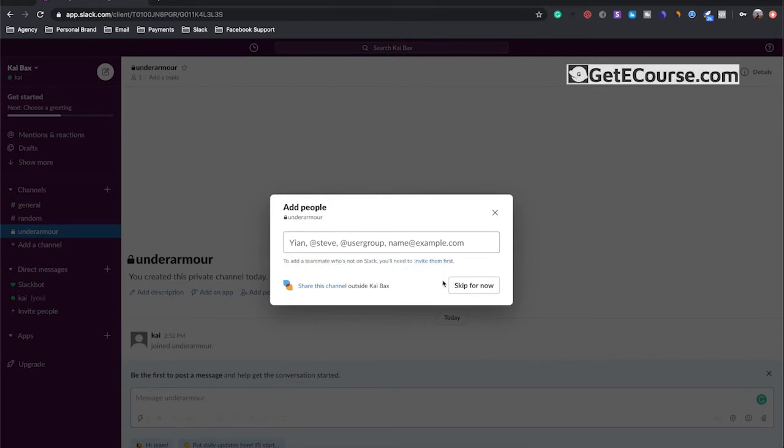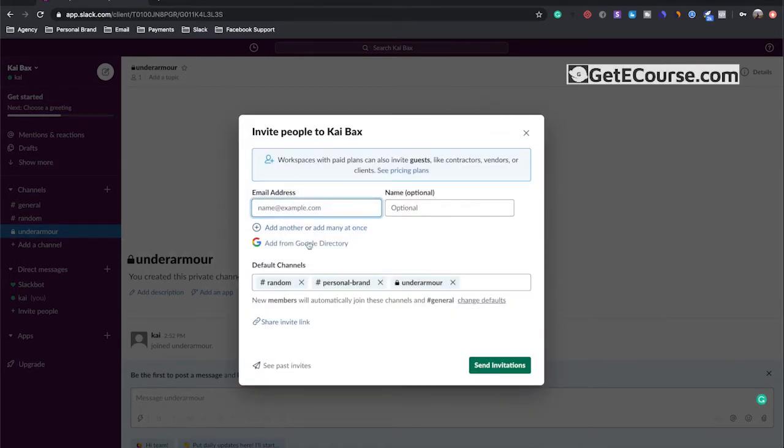You have to do this every single time you sign on a new client, because they won't already be in your ecosystem. So you have to invite them first. For the email address, you just put in their email address, and then the name, it says it's optional, but just put in the name of the client themselves.